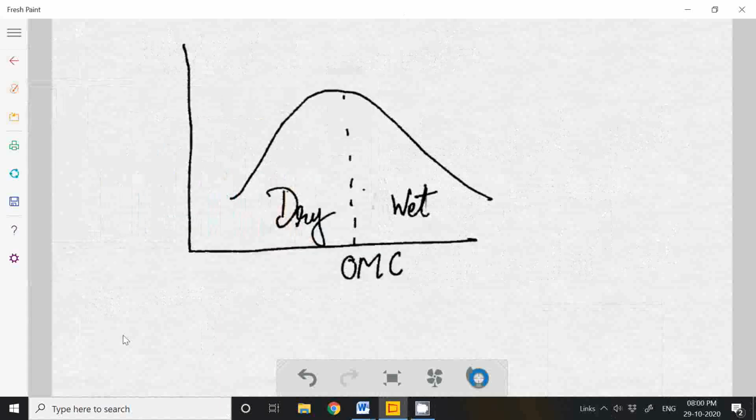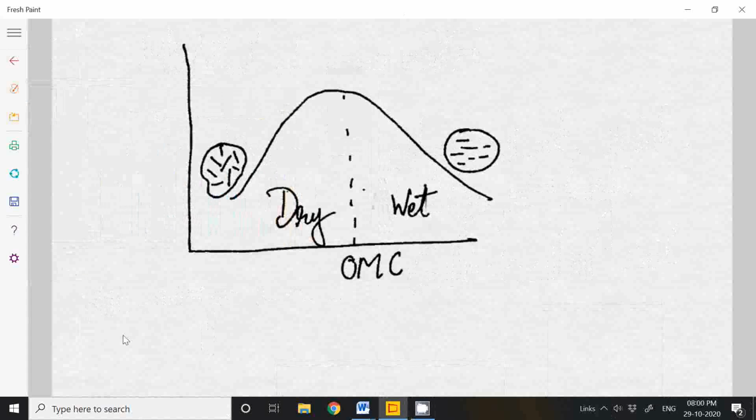So on the dry side, suppose this is the soil sample. On the dry side, the particles are not generally arranged in a dispersed manner. But on the wet side, the particles are more oriented in a dispersed manner. So this thing you have to write it down,